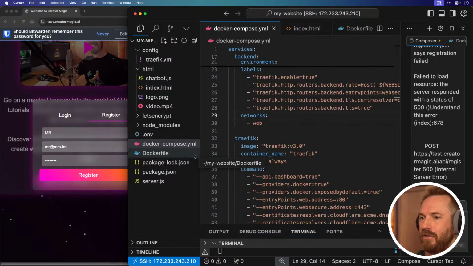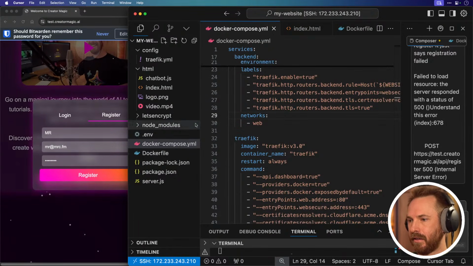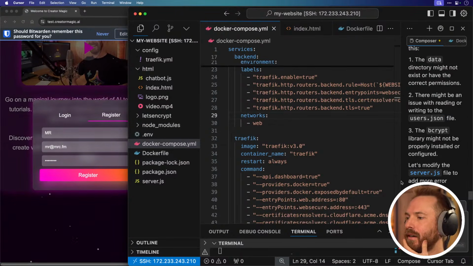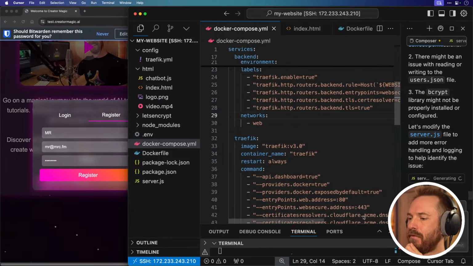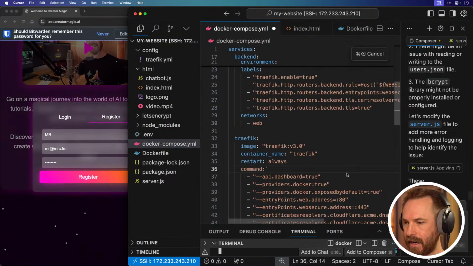Yeah, if the file doesn't exist, just create it. Good one. Okay, that's a really good one. Let's just see what it's going to do here. And maybe I should go ahead and, well, let's just see if this fixes it. But if not, we'll go ahead and,